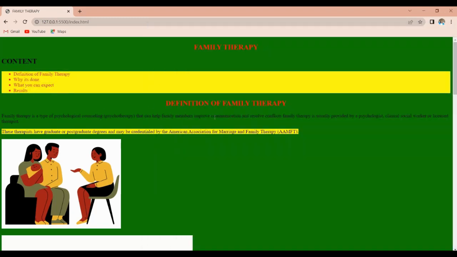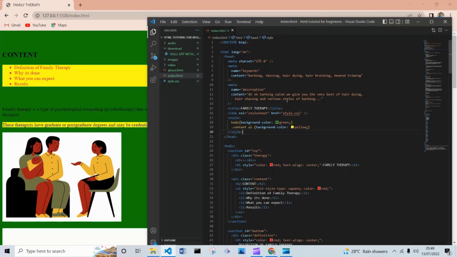As you can see, the website is already having a few colors. For a basic website like this, or a landing page with just a few lines of code, this method is okay. You can use this method to style your website. But if you have a website that has 3 pages, 4 pages, from 2 pages and above,